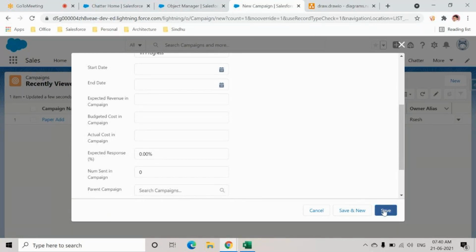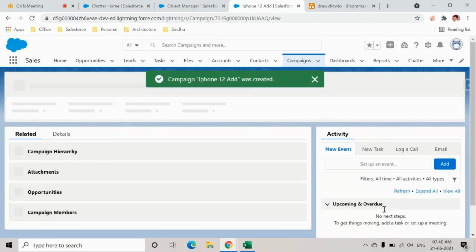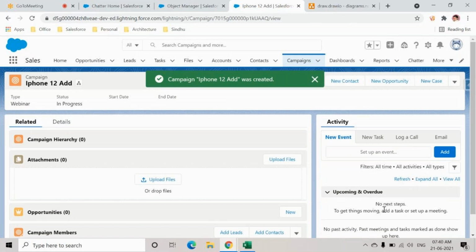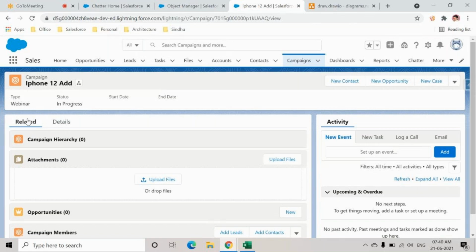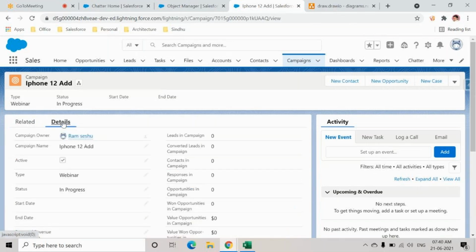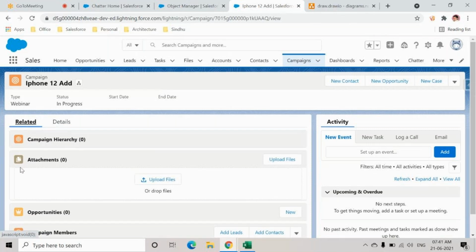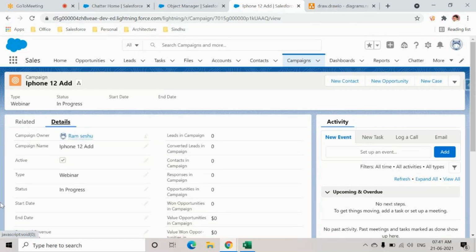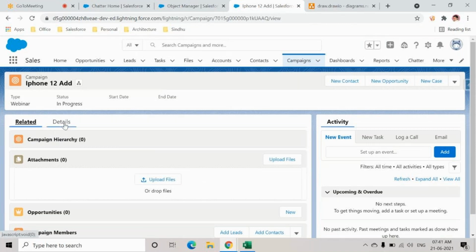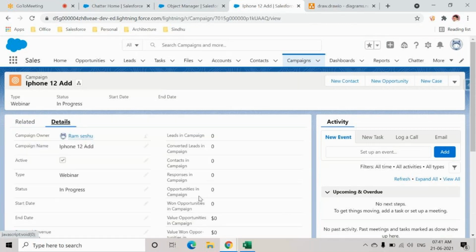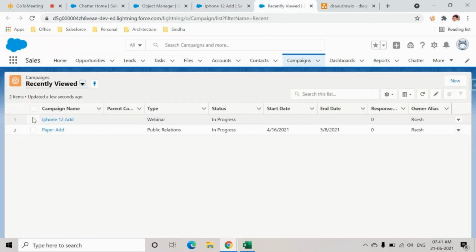We'll discuss about it. So I simply say, the moment I save this campaign, a record is created and see the details. I have subtabs again, one is related and the other one is details. So for every object, every record will have two standard tabs. One is details and the other one is related. Related will show you all the list of child records that are associated with this parent record. And in details, you can see all the fields that you have edited a few minutes back. Now I'll just go to the other record that I have already created long back. We'll see the difference and then we'll come back.